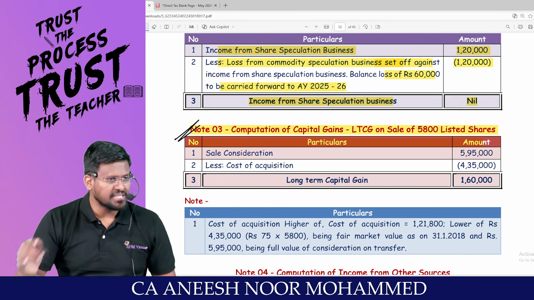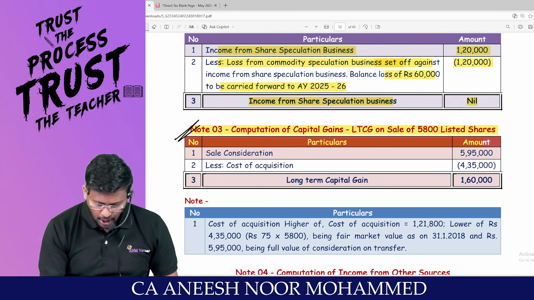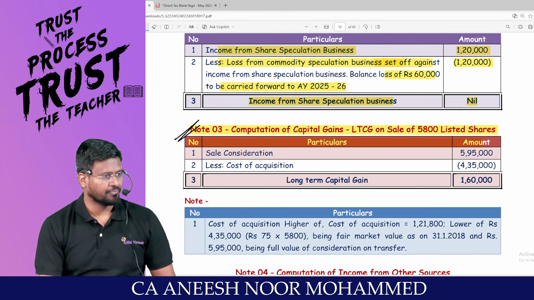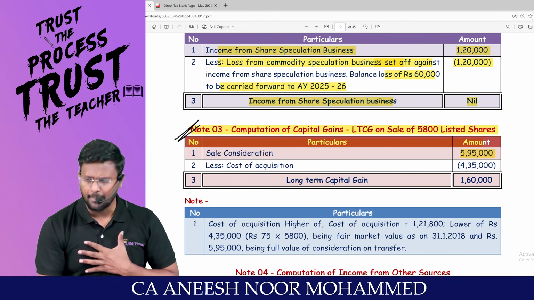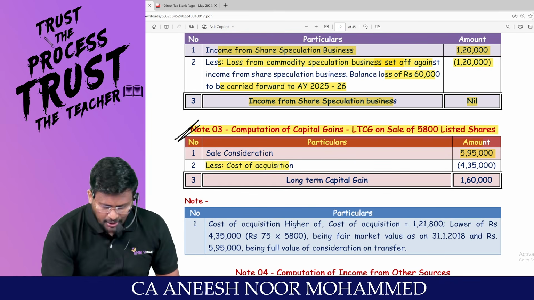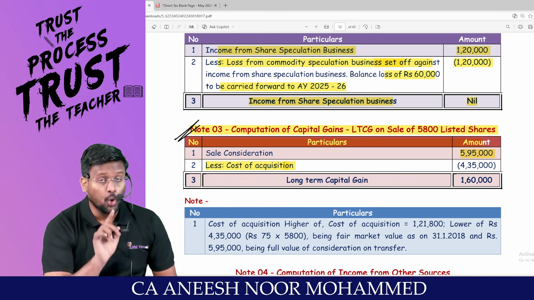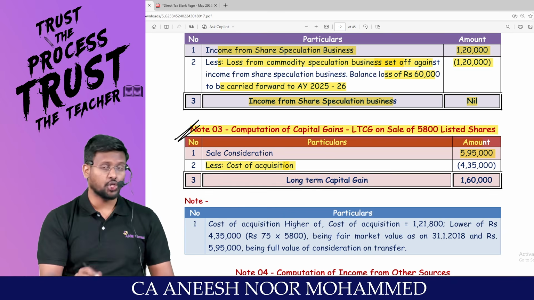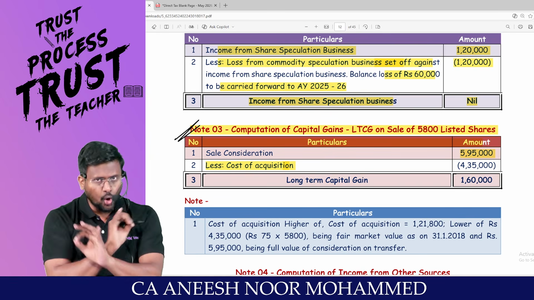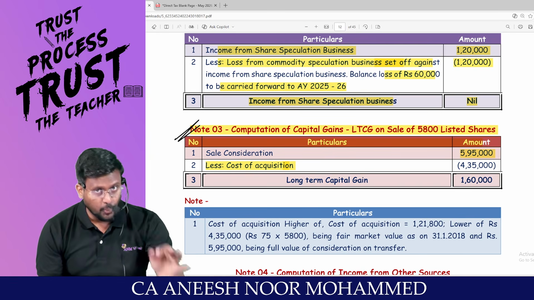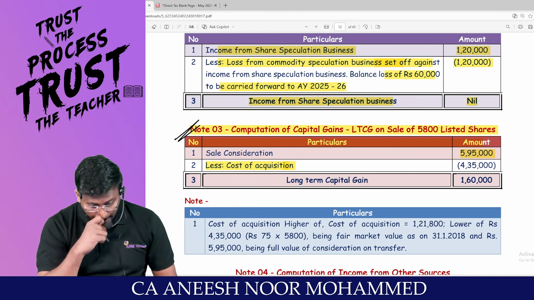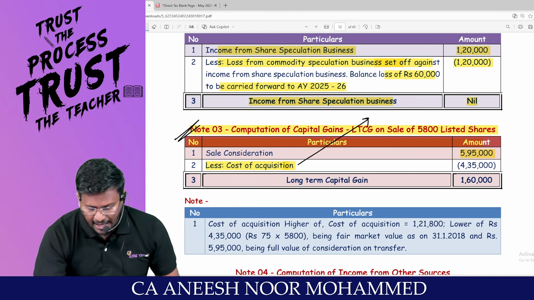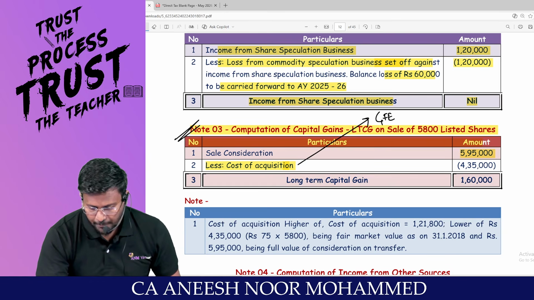How much rupees is the sale consideration? 5,95,000. Already it is straight away given in the receipts and payments account. Am I right? Now less what? Cost of acquisition. Don't say indexed cost of acquisition, because for a super asset there is no concept of indexation at all, whether before the cutoff date or after the cutoff date. Am I right? So the cost of acquisition is the grandfathering effect. Are you all really with me?